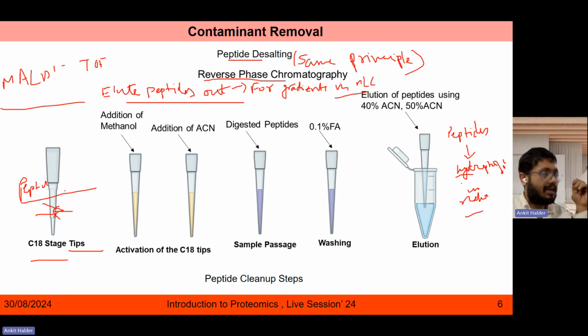In the tip we will be adding the C18 material. We activate the C18 tips by addition of ethanol and addition of ACN. Once we have activated it, we will be loading the digested peptides from the tubes, right? We pass this through in loops, like in iterative steps,